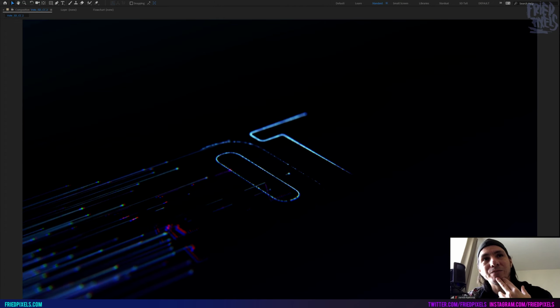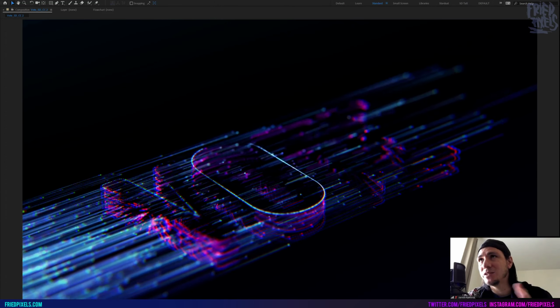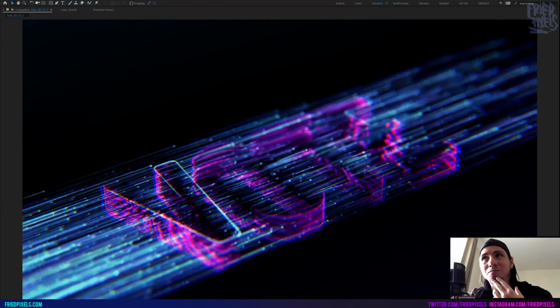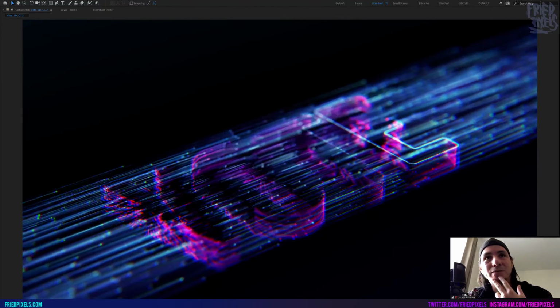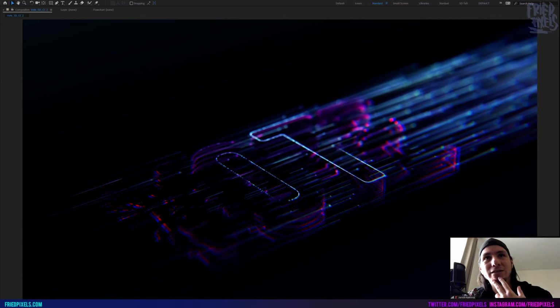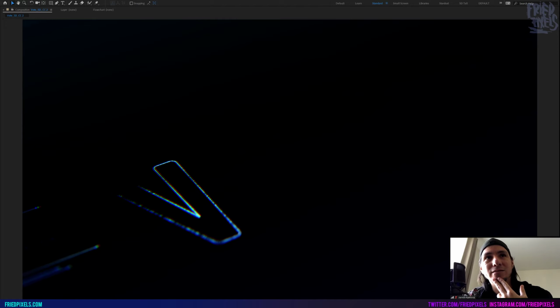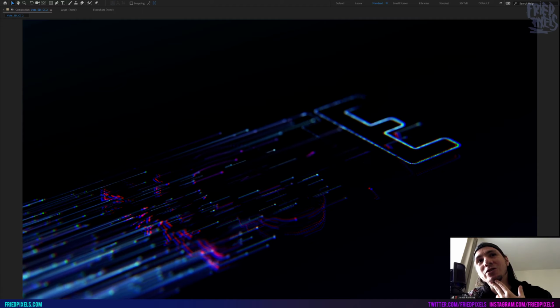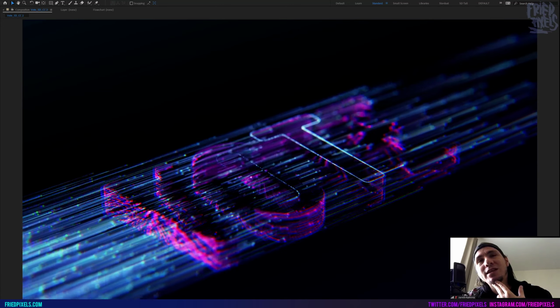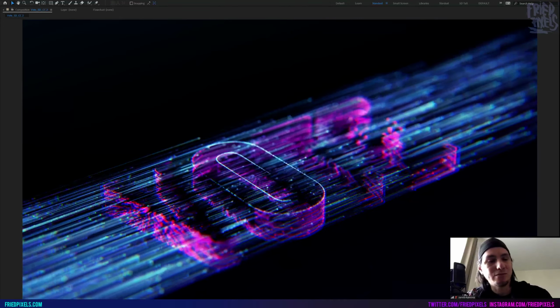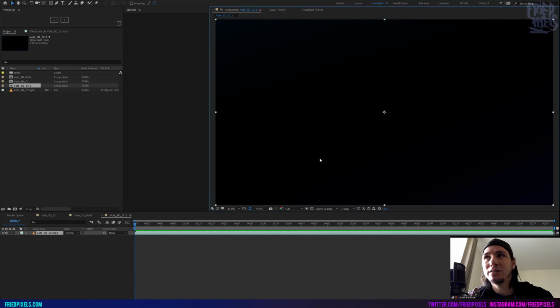I'll look at it with a lower particle count so we can keep things easy breezy. But that's the one consideration with this setup to keep in mind: the particle collision on the surface can be intense. So let's look at it real quick inside of